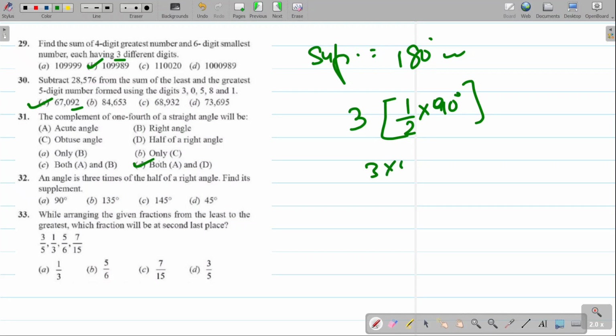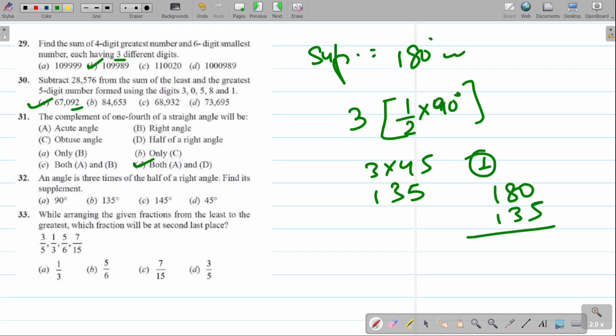So 3 into 45 is what? 5 3s are 15, carry 1, 4 3s are 12 and 1 is 13, so 135. Now we'll subtract this 135 from 180, we'll get 7 minus 3 is 4, so 45 degree will be the correct answer. Moving to question number 33,